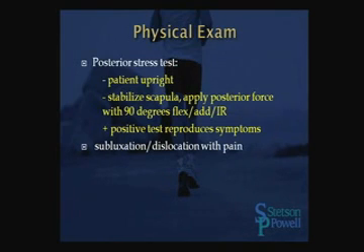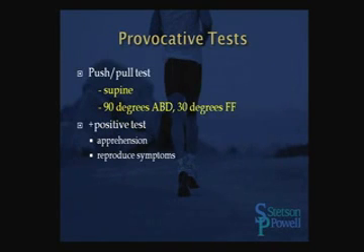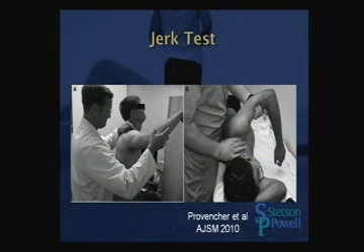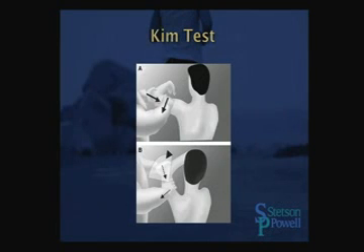a posterior force with 90 degrees of flexion, adduction, internal rotation. Positive test reproduces those symptoms. Push-pull test with the patient supine, 90 degrees of abduction, 30 degrees of forward flexion. Again, positive test reproduces the symptoms. Here's the jerk test that was described recently in a review article. The arm is out at 30 degrees and elevated and posteriorly translated with the scapular spine stabilized, and that reproduces the symptoms. And then here's the Kim test, not dissimilar, but the humeral head is abducted, as you can see in the lower